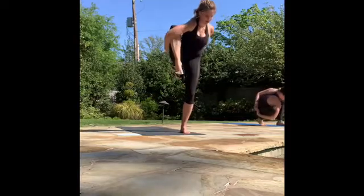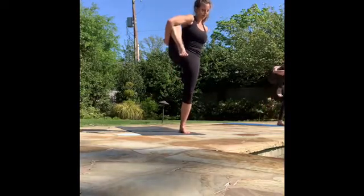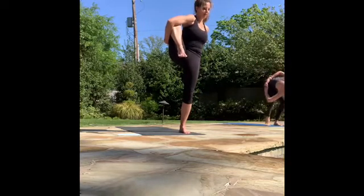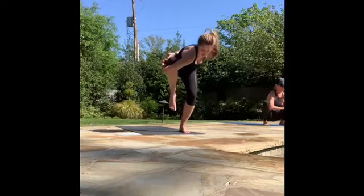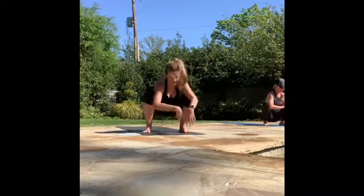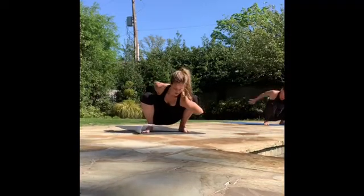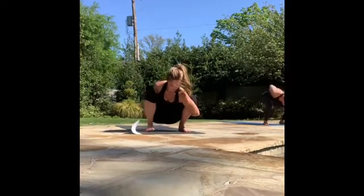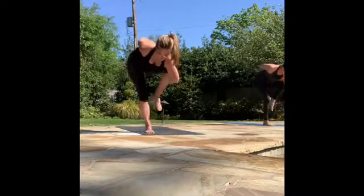in that bind. Really pressing through that left foot. Chest is lifted. And on your exhale, make it back down to your Malasana, releasing the bind. From here, left arm goes out in front, right arm behind. Deep bind, deep stretch. Option to hold here. Or shift that weight into the right foot, pressing up to that right foot, making your